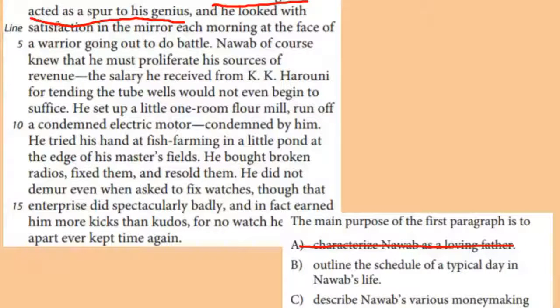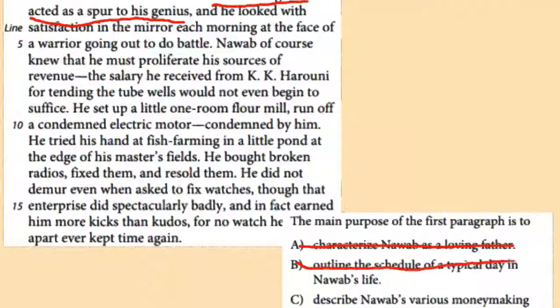As you read through this, you see that it is talking about a lot of his activities, but none of them really have a time frame to them, nor do they seem to all go together in one day. In fact, it seems more like these are just projects that have come up at one point throughout his life, but maybe aren't even going right now. For example, the broken watches that he tried to fix, it says that he actually didn't do very well at that because no watch he ever fixed kept time again after that. So it doesn't seem like this is really focusing on a day in Nawab's life. It's really talking about more of his life in general right now and how he's trying to make more money.